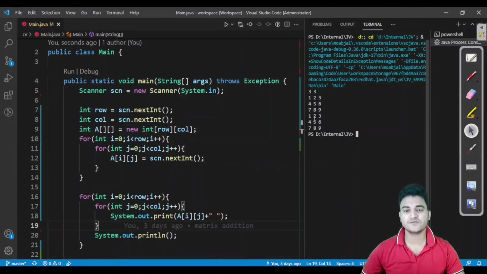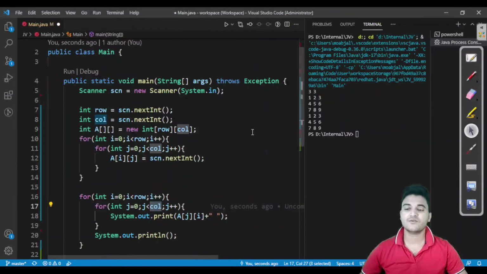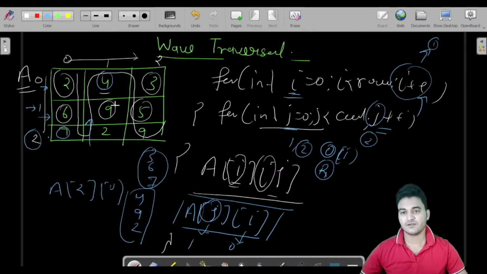So we do not want this. It is printing row wise, but we want it to print column wise. For that I will have to write j here and I here. But as you can see, we are iterating over the column for this row. In this case it would run perfectly, but what if the column was 4 but our row was only 3?